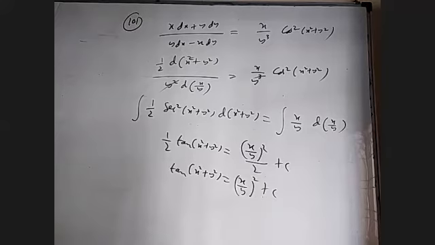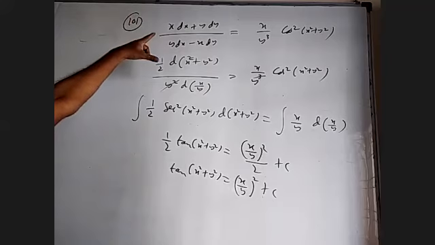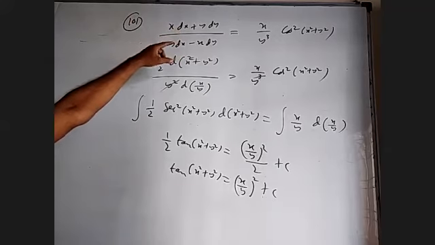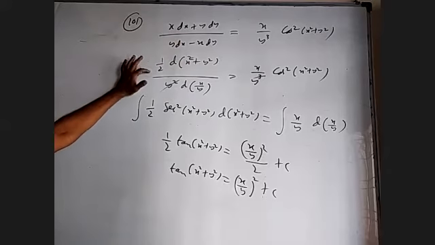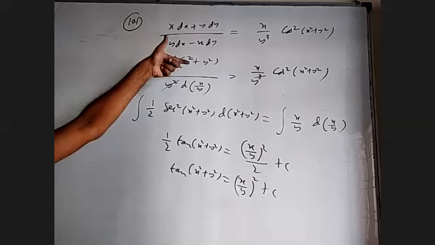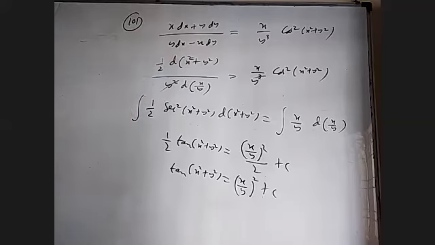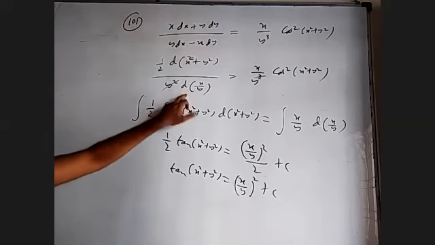I'll explain 101 again. Okay, somebody is asking. The numerator x dx, if you alone integrate it, you will get x square by 2. And y dy alone, if you integrate, you will get y square by 2. So the numerator can be written as the derivative of x square plus y square, but some 2 is required, that's why I wrote it. On this one, I can divide by y square and write the derivative of x by y, or I can divide by x square and write the derivative of x by y or y by x, anything is okay. So I multiplied y square, divided y square, and that part I wrote as the derivative of x by y.